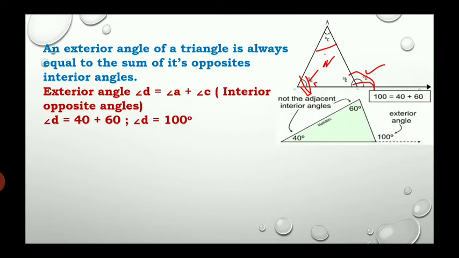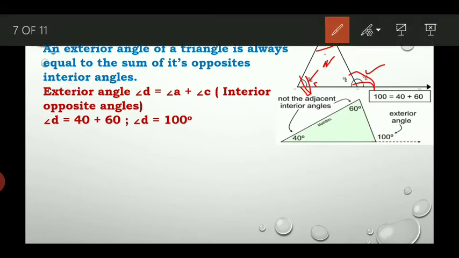Now if you see this picture, then I'll make you understand. Suppose this is given 60 and this is given 40. Now you are told to find the exterior angle. So what will you do? The opposite of this angle is these two interior angles. So this plus this is equal to this exterior angle. So 60 plus 40 is how much? 100. So the exterior angle is equal to the sum of the two interior angles. So the exterior angle will also be 100.